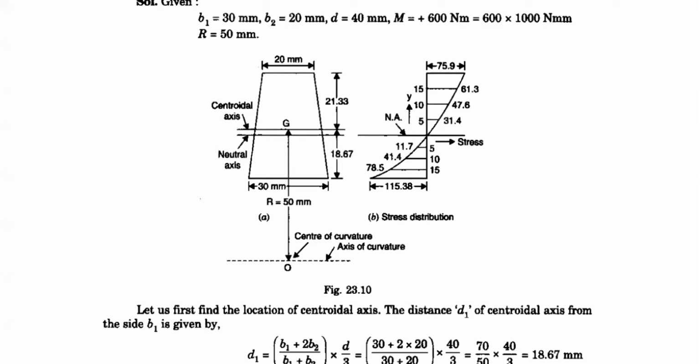Only 3 steps are required: position of neutral axis, maximum stress and minimum stress. And if required, in this problem they ask for the stress distribution. That is the only thing here. There is no confusion, there is no difficulty. Just apply the formula. That is sufficient. So how many of you are solving? Please respond with your answers for y naught, then only I will show on my screen what the y naught value is.